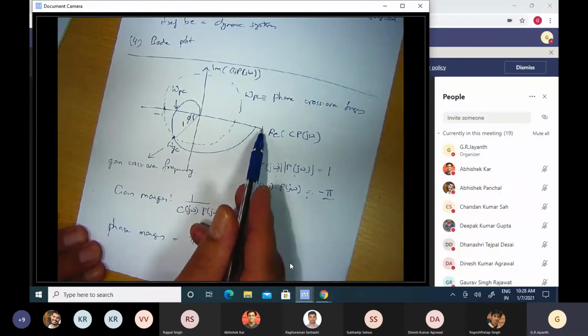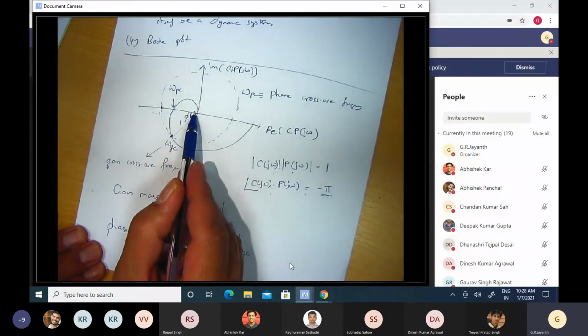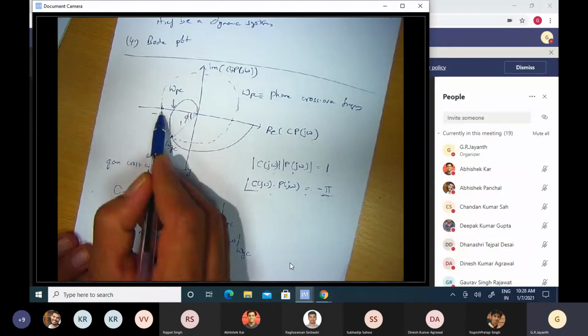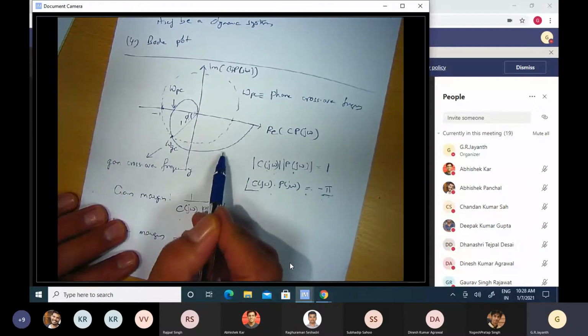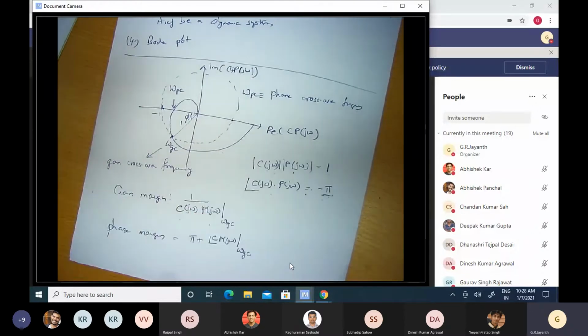Here on the other hand, what can I say about the closed loop poles? This is the Nyquist plot of the open loop transfer function. I can only look at the encirclement of the point -1 and say whether the closed loop transfer function that I would have for this particular open loop transfer function is going to be stable or not. Nothing more can be said. I cannot tell you where the closed loop poles are, how many closed loop poles there are, where they are all located. None of these questions are answered directly by the frequency domain tool of Nyquist plots.